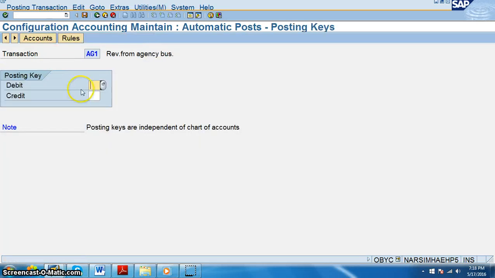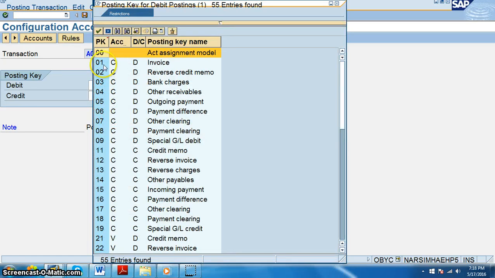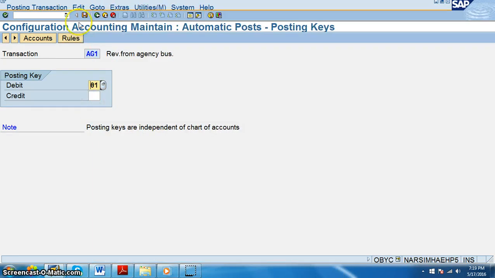So we need to first go to the posting key and we need to mention whether it's a debit or credit. So we say invoice, just say enter, save.